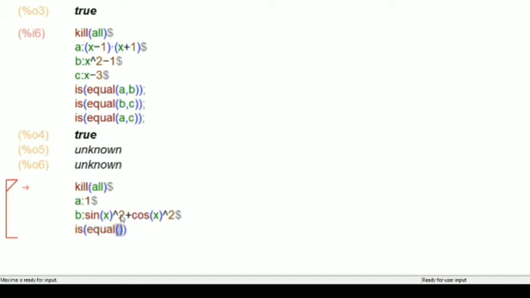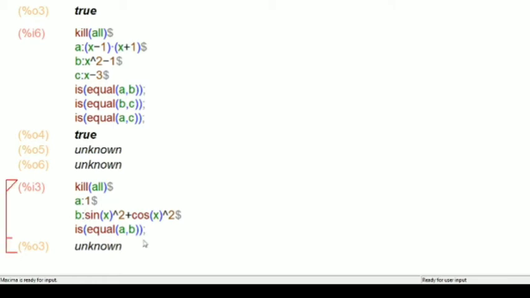Is equal A comma B. We know that sine square x plus cos square x, that is sine square theta plus cos square theta, is always equal to 1. So these two must be equal. Let's see. But it is showing unknown. That means it is not true. But actually we know that sine square x plus cos square x is equal to 1. Then where is the wrong?